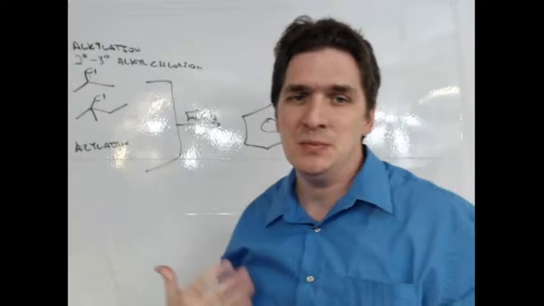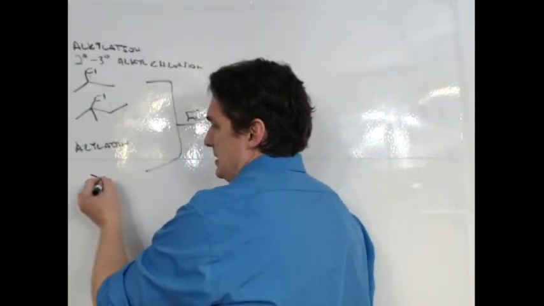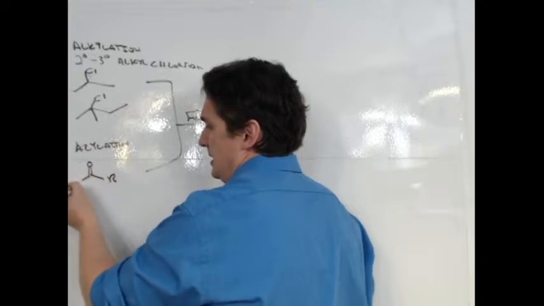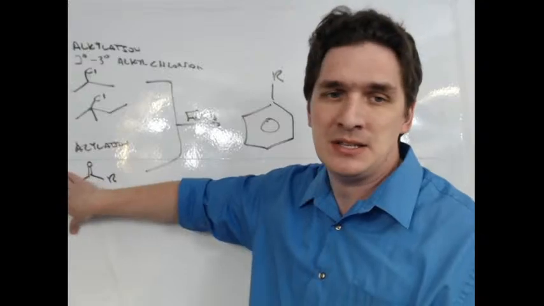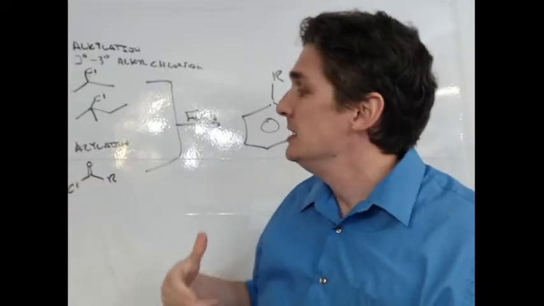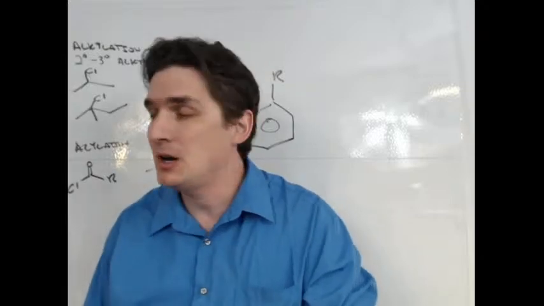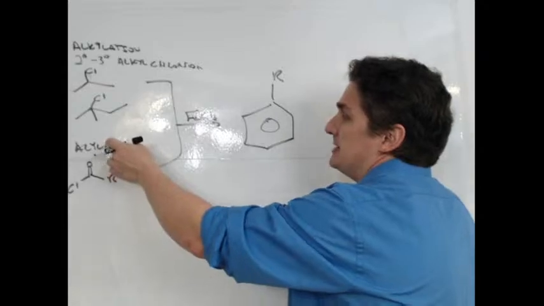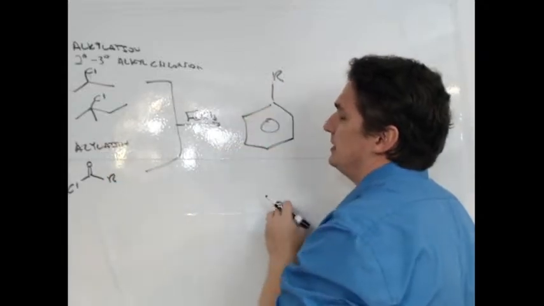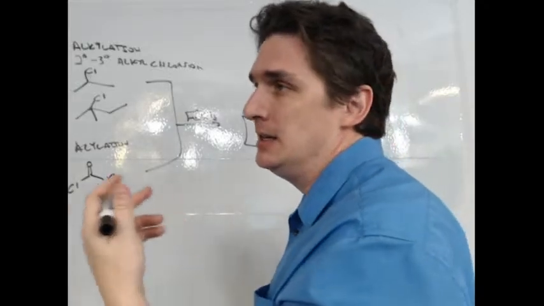Your acylation is meant to get around this problem. An acyl chloride basically looks like an aldehyde, but in place of the hydrogen, you've got a chlorine. So when we generate the carbocation here, it doesn't move from the carbonyl carbon. The drawback is that if we want to go from an acylation to an alkyl benzene, so something without a carbonyl,